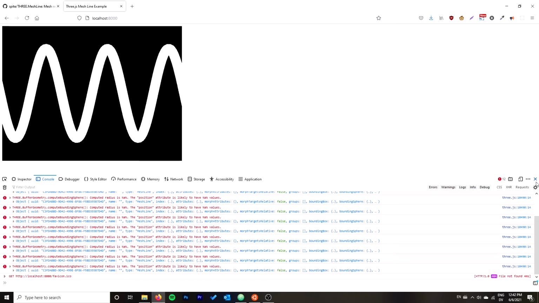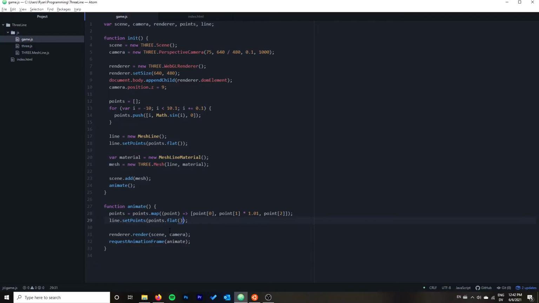There we go. So now we have our line, and it is growing. So we probably want our line to bounce up and down and not just grow perpetually. So what we can do is set amount to add equals 0.1, and we can add in here